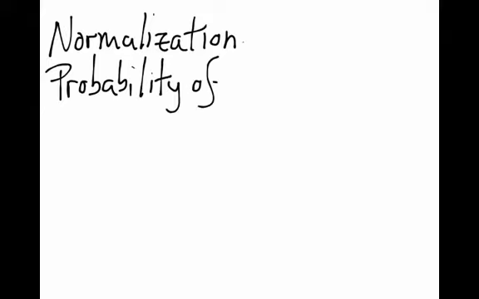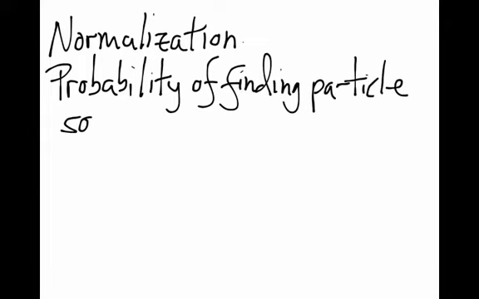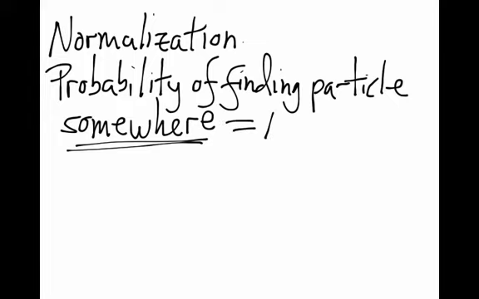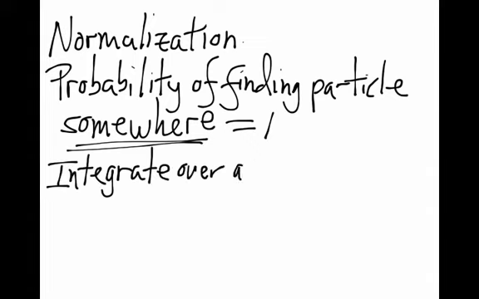Now the next thing we've got to deal with is what we call normalization. What we mean by normalization is that when I do this experiment, the probability that I find the object somewhere has got to be 1. I've got to find the object. As long as it exists. If the wave function is 0, then it doesn't exist, and my probability of finding it is 0. But as long as it's not that special case, then the probability of finding the object somewhere, anywhere, has got to be 1.